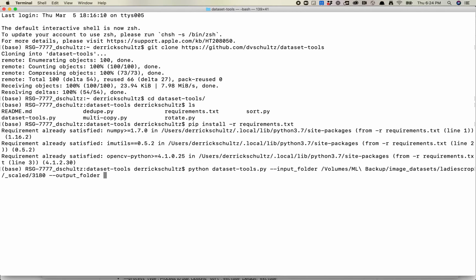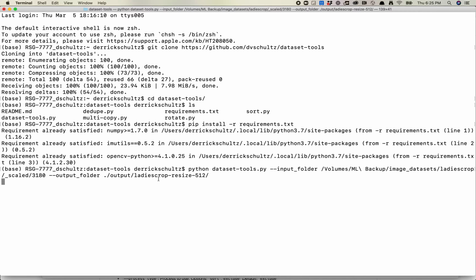I want to give this a location. For my work, usually what I do is put this in the same folder that I'm in, so I put it in dataset tools. I'll usually just name the folder output for cleanliness sake. Then let me think about what I should rename this. Let's call it ladies crop, which is the type of images it is, and let's say resize, which is the default function here. And I know it's going to be 512. This is stuff I know. But if I just use this as the baseline command and I hit return,